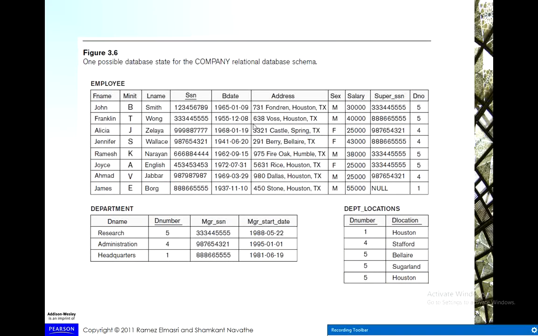If you look at them, you will see that the names of these relations are employee, department, and department locations. What are the attributes? Each one has a set of attributes. Look at the attributes of the employee, which is first name, middle name, last name, social security number, birth date, address, sex, salary, social security number, department number, and also the department attributes, which are department name, department number, and so on. Any one that is underlined, like this one, is a primary key, and here is department number is